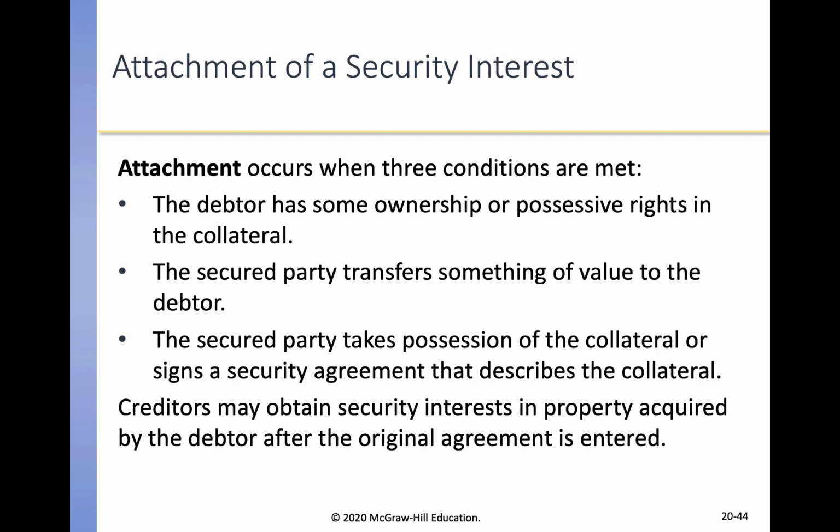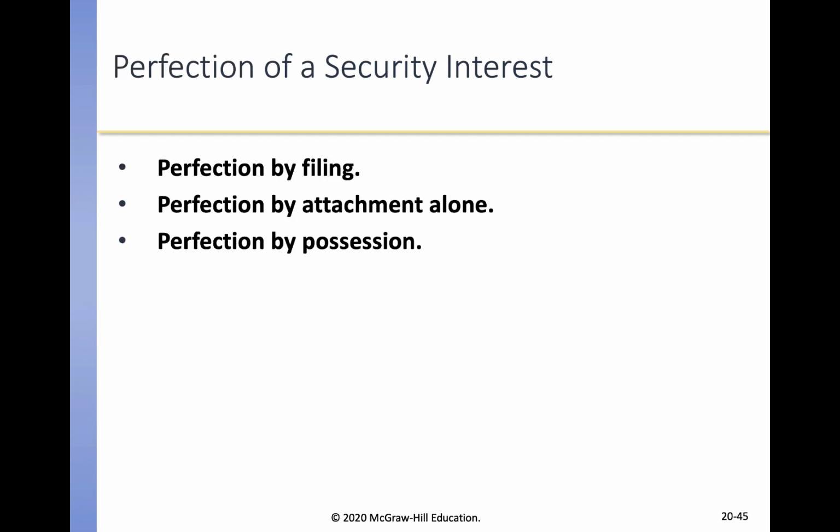Okay, so I borrow money, sign a security agreement, it attaches. If I am a lender, I also want to perfect that security agreement. So I can perfect in one of 3 ways. I can perfect by filing it. So I file a financing statement in a public office. Usually that is in some county office. It may be a central office or a local office where the debtor resides or has a place of business. And the proper place for filing is going to depend on the type of collateral, and it's going to vary from state to state.